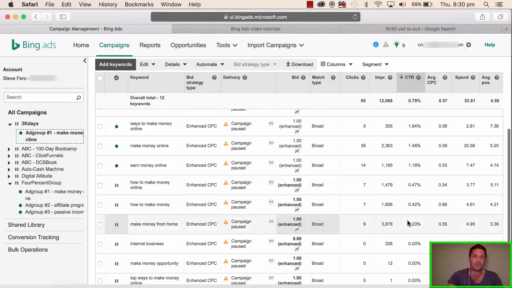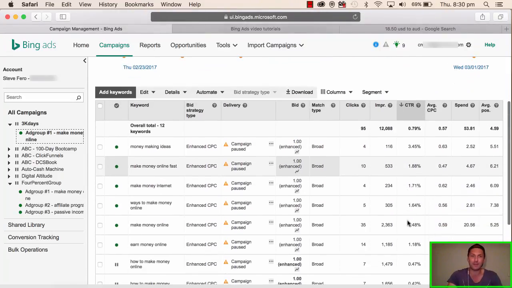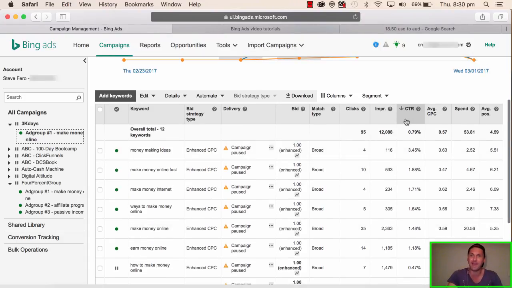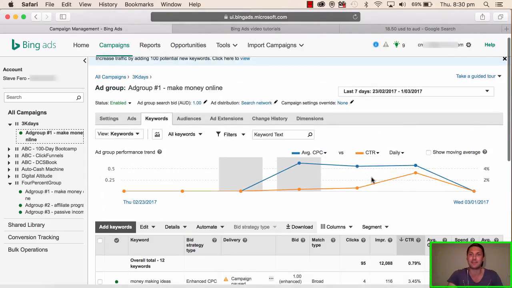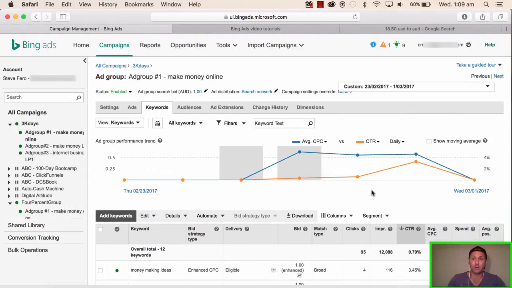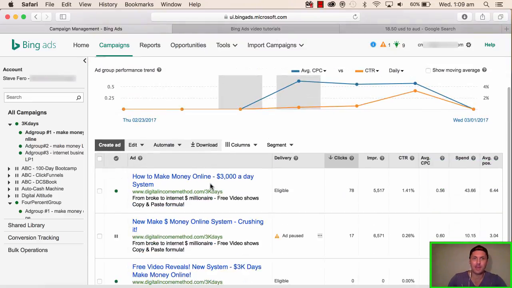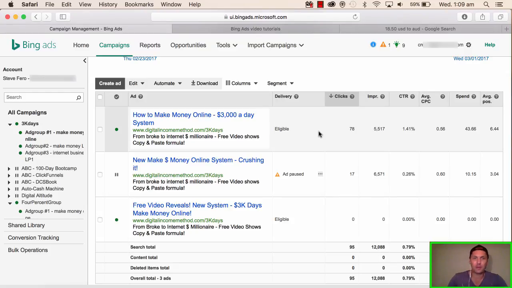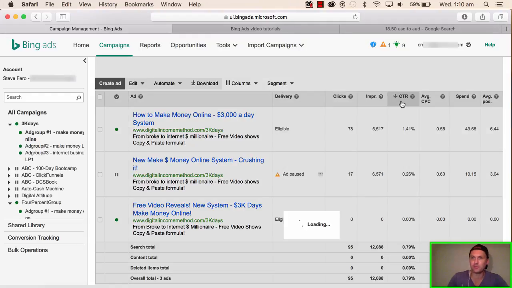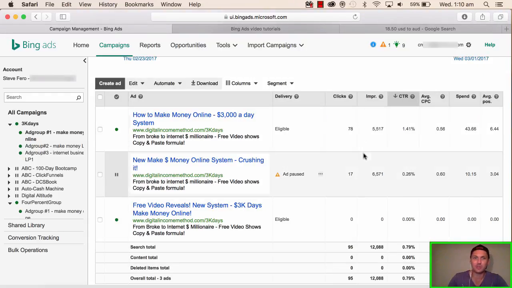All I do is I cut the things that aren't working, I keep running, I start putting more effort and money into the things that are working, and then what that does is it boosts my average click-through rate. And what it does is it gets my costs down. Oh, and I also did the exact same thing with my ads. So if I come over here and open my ads, all I do is create a couple of different ads and run them side by side. And after they've been running for a couple of days, I do the same thing. I just sort them by click-through rate. And what I'll actually do is pause